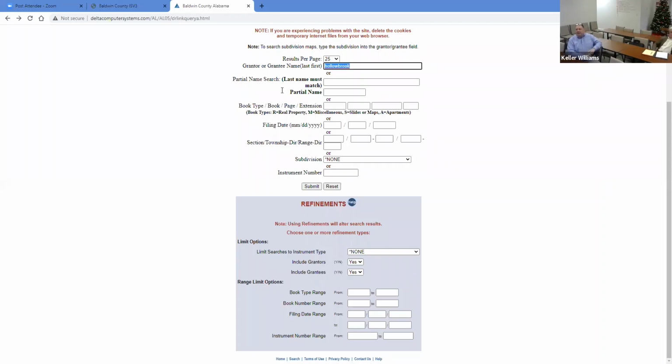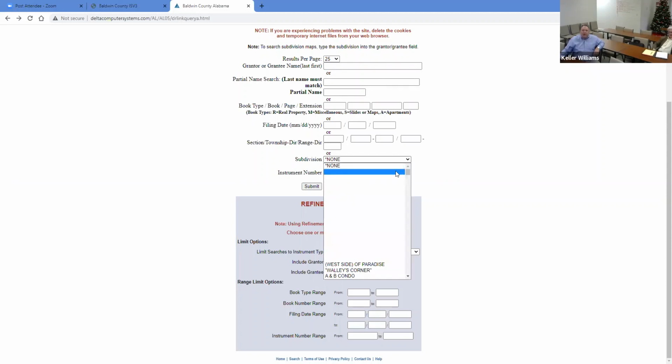Anything else as far as search options, what you guys want to use it for? Any other ideas or comments from anybody? Well, the thing I learned is putting the subdivision name in the guarantor guarantee. I've been putting it in the subdivision name, and nothing comes up. Well, and a lot of times you can find it. So let's type in